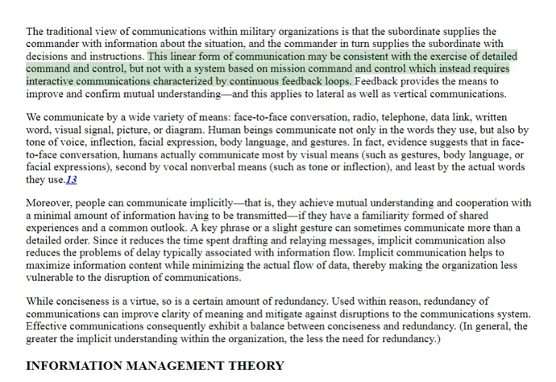This linear form of communication may be consistent with the exercise of detailed command and control, but not with a system based on mission command and control, which instead requires interactive communications characterized by continuous feedback loops. Feedback provides the means to improve and confirm mutual understanding, and this applies to lateral as well as vertical communications. We communicate by a wide variety of means: face-to-face conversation, radio, telephone, data link, written word, visual signal, picture,